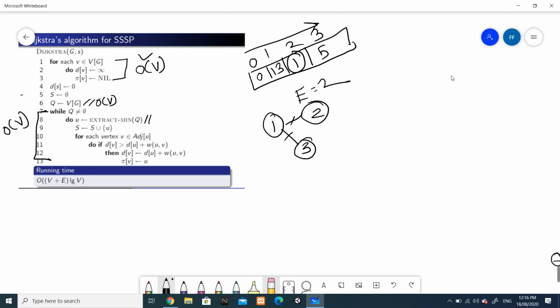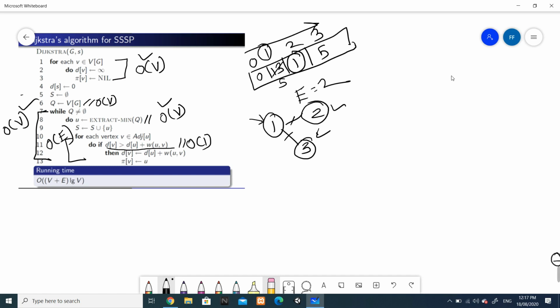So the extract min for an array-like data structure will be order of V, and for each vertex, again going from 1 to 2 and 3, the number of edges will be 2, so we run the loop order of E times. The decrease key or update value for an array: if I want to update the value from 13 to 5, then we have to do this at the first index, so it is order of 1.